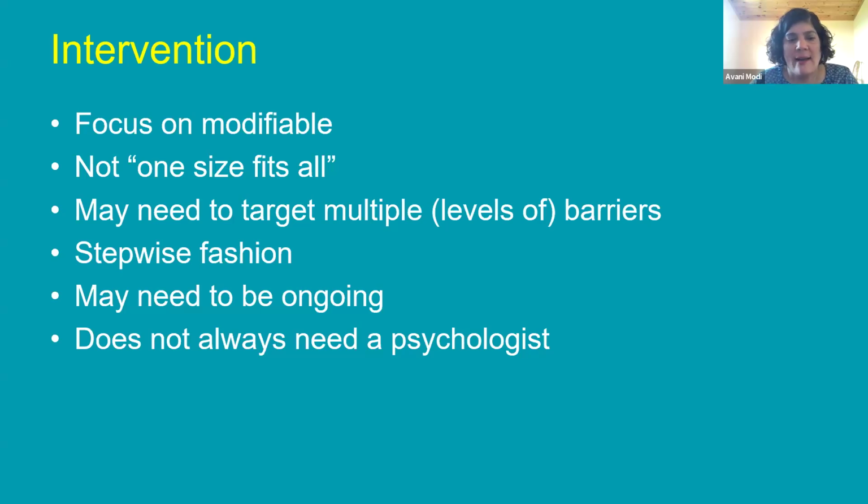We know that a lot of the interventions we're going to talk about today focus on modifiable barriers to adherence, so things we can change. It is really hard to change if you can't get the medicine because your insurance company doesn't cover it. That's a very systems-level barrier that we're not here to discuss. We are focusing on the things that we can change in practice for today.